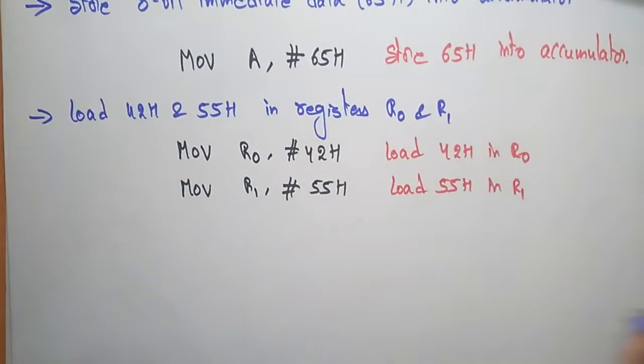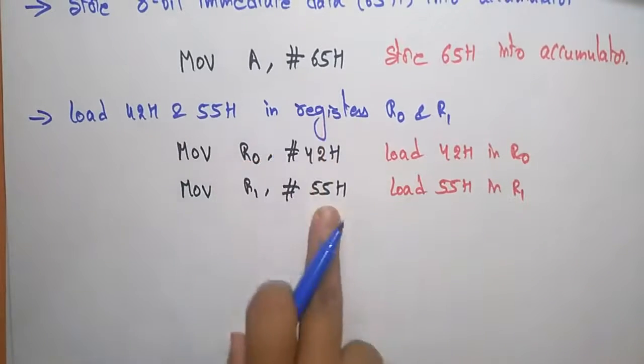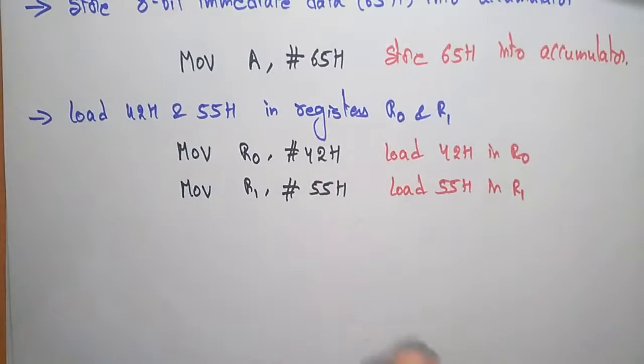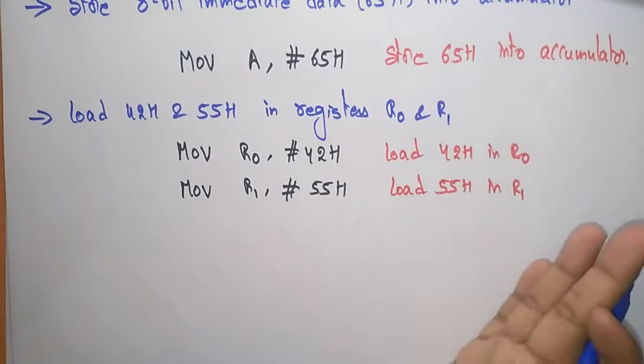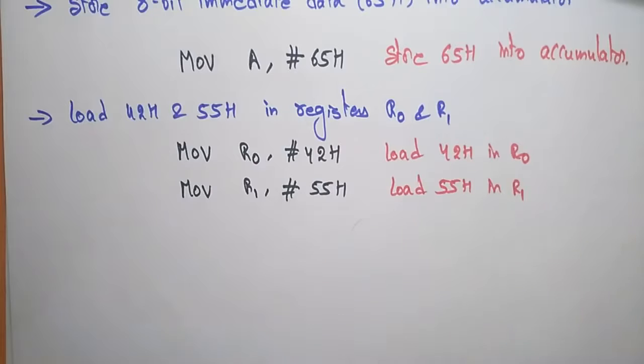And the next program, let me take. Now I want to place the content of an external memory location into the accumulator. Whatever is in the external memory location has to be placed in the accumulator. So far we just moved the data, not the address. Now I want to place the external memory location content into one of the registers.